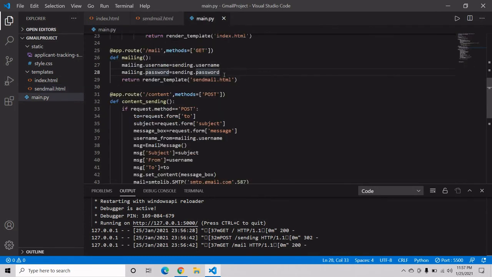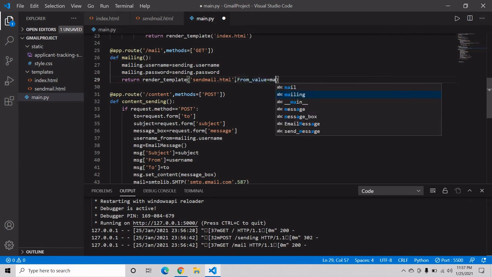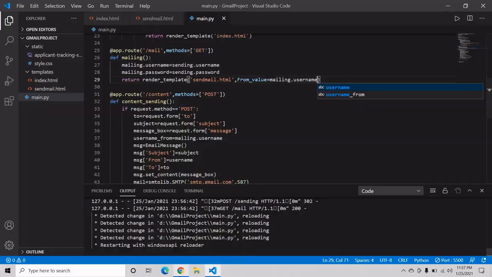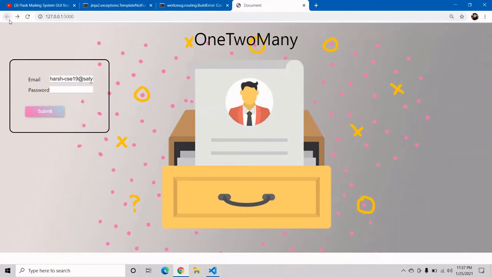So for that we have to take our variable name from value, it should be equal to mailing.username, our own username from. Now it should show us.